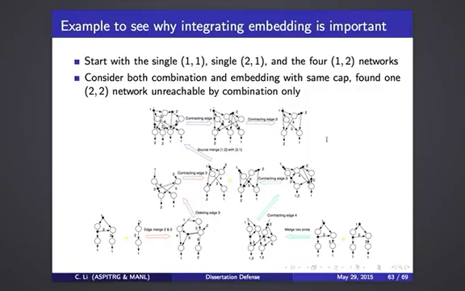So this is just one example, and by going up and down, we can reach more networks. Again, this is just for the 6 tiny networks, and we haven't even included the little more than 300 2-2 networks yet. So this is really just the starting point for this research, and we've already seen the power of both combination and embedding operations.